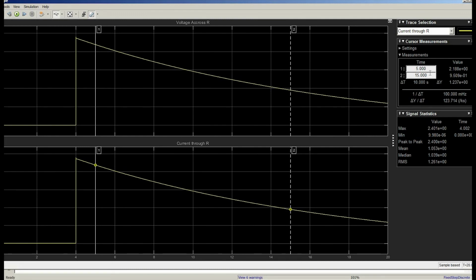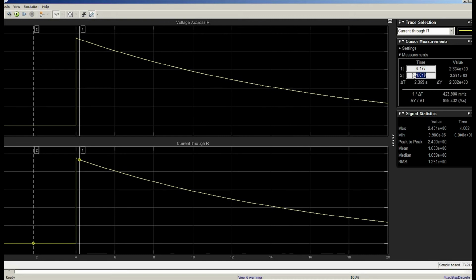Now adjust cursor 1 to 4.177 and cursor 2 to 5.995. Now we have the cursors in between, so now we need VA and IA, which are the average voltage and average current. So we will zoom in on that area.